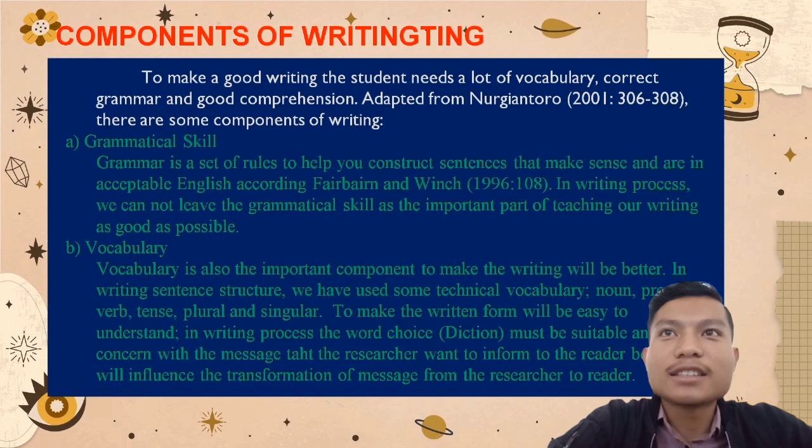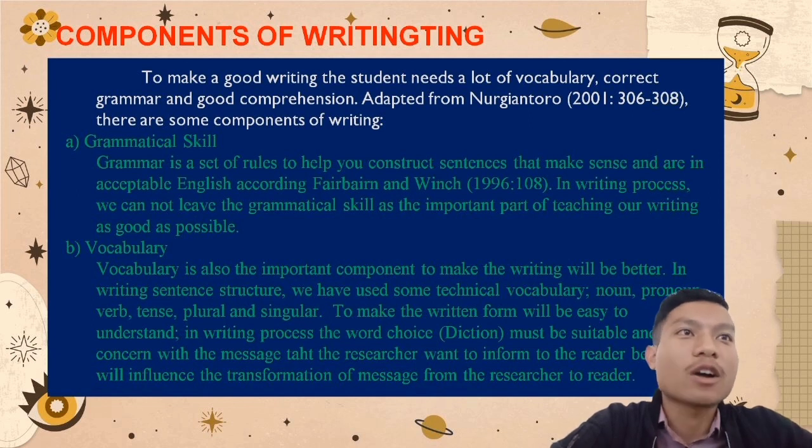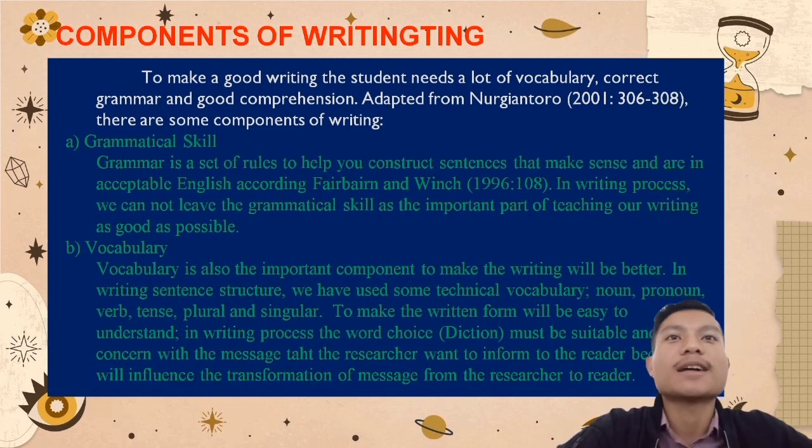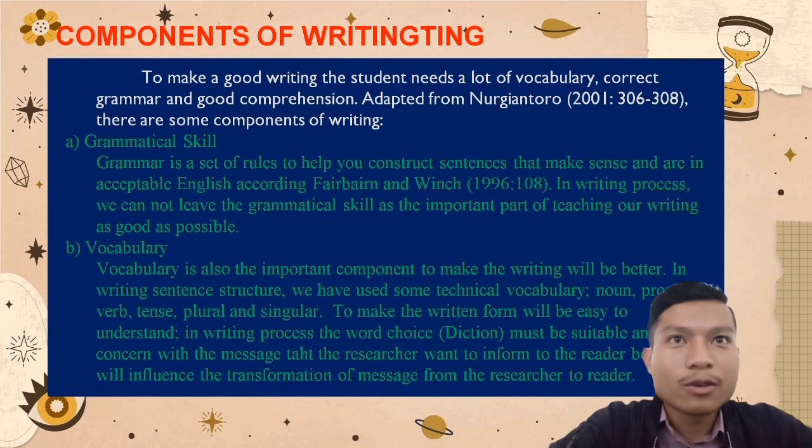And the second is about the components of writing. To make a good writing, the student needs a lot of vocabulary, correct grammar, and good comprehension. From Nurgiyantoro, there are some components of writing. The first is grammatical skill. Grammar is a set of rules to help you construct sentences that make sense and are in acceptable English according